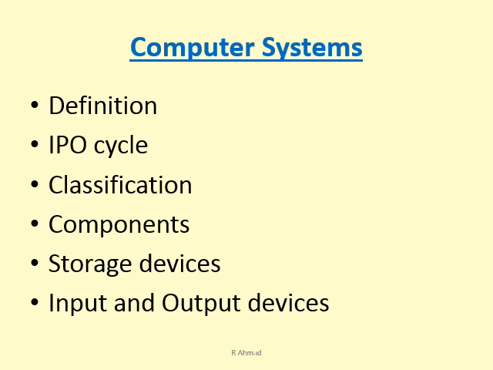After this we talked about storage devices, that means devices that store our data either externally or even internally. Why am I using the word internally? Because in the hard disk we are storing our data, and most of the time hard disks are installed inside the CPU, but nowadays we can see hard disks that are kept outside the computer system also. Storage devices are devices where you store your data on a permanent basis, and it stays there until you remove it.